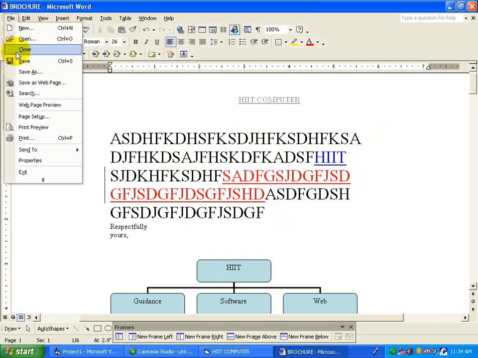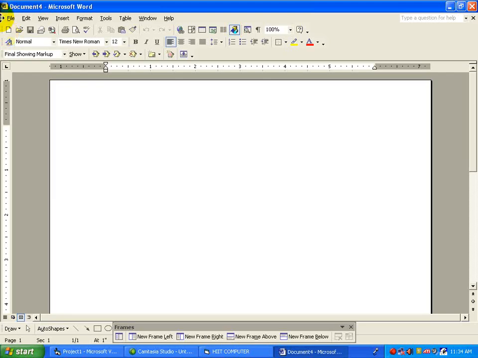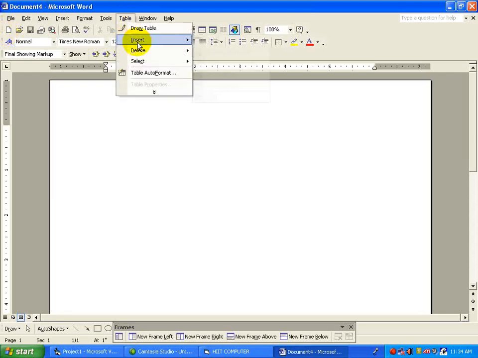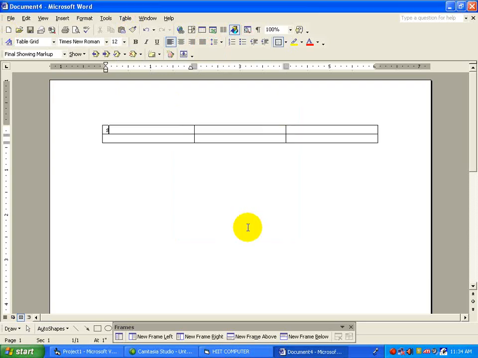See here, we will just close this file, create a new file, inserting a table: table, insert, table. For mailing, we will require two documents. First the table, the number of columns, suppose 3. Press OK. In this document, we have to create a student list or an employee list to whom we have to send a letter.